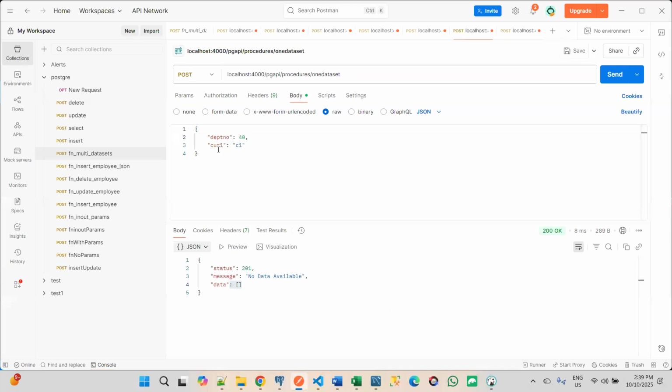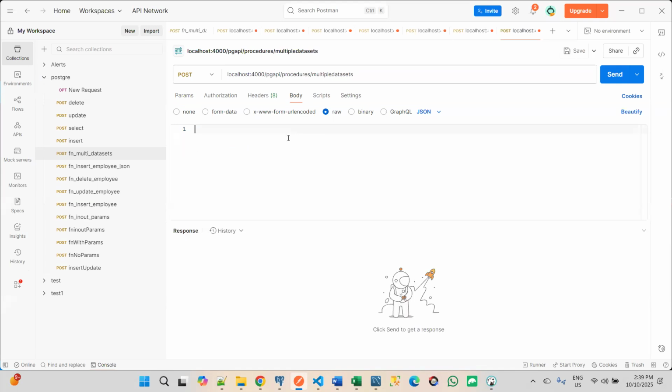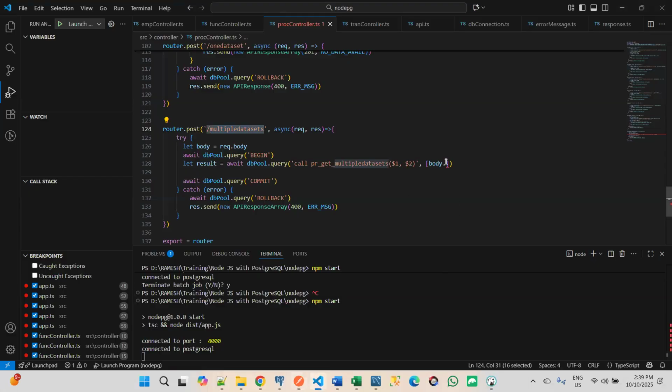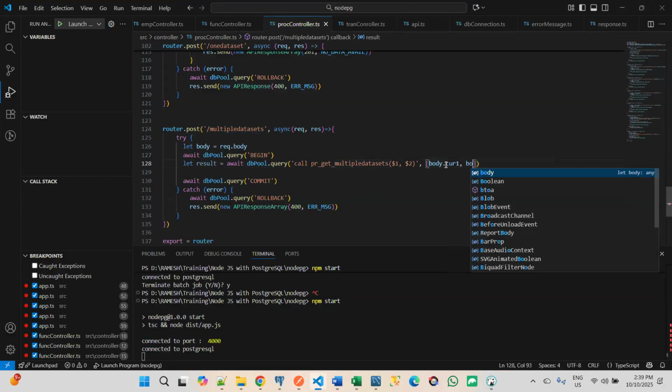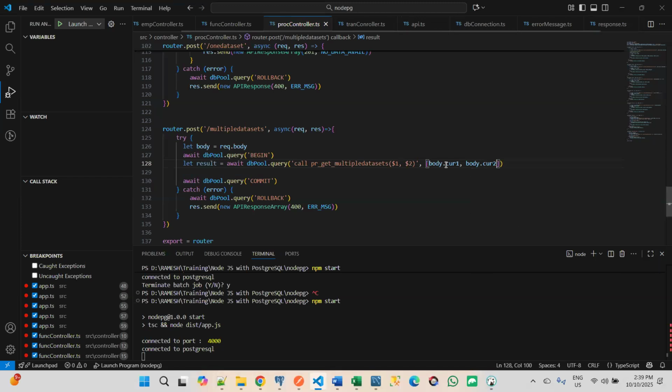So here cursor one, CUR1 I am taking. So same thing I am taking again. So CUR1. So in this position I am passing cursor C1 and CUR2 I am passing cursor C2. Okay. So these parameter names I have to specify here. CUR1 comma body.CUR2